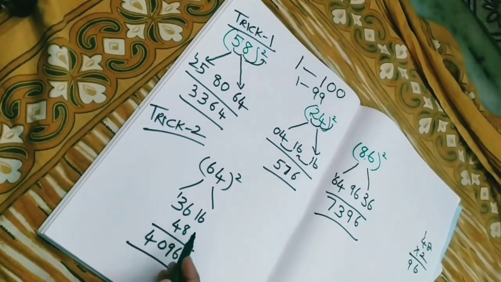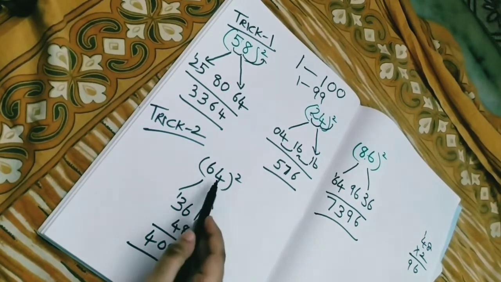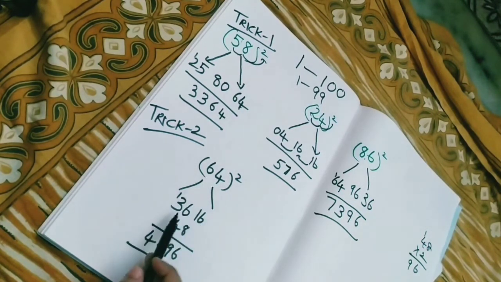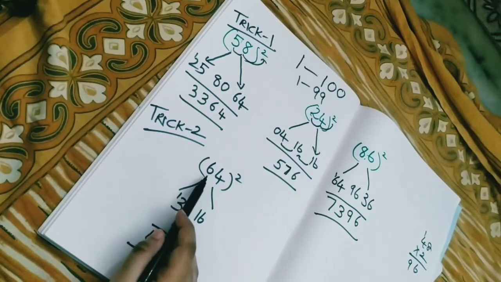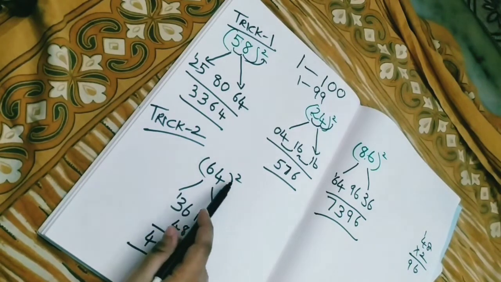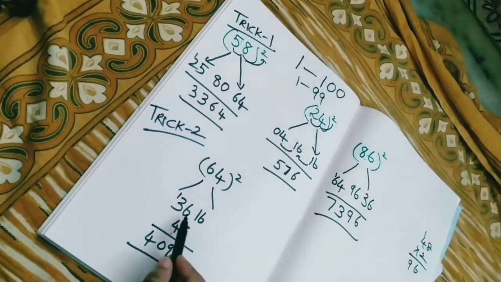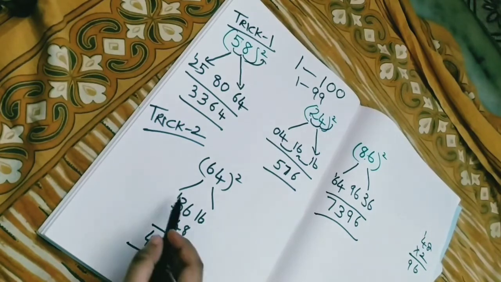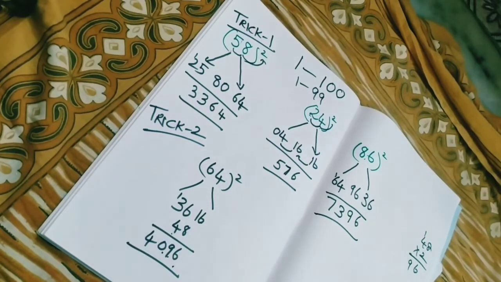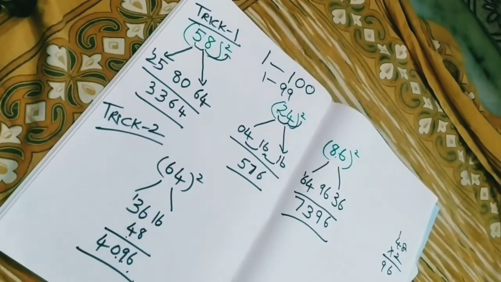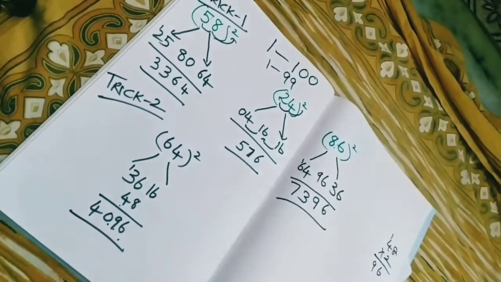So this is also very simple. You have written 4 square is 16 and 6 square is 36, and then 6 4s are 24. 24 into 2 is 48, and finally 6 will be as it is. You have to add this. So 1 plus 8 is 9, 6 plus 4 is 10, 0 carry over 1, and 3 plus 1 is 4. And if you have a carryover, I'll teach you how to do that.